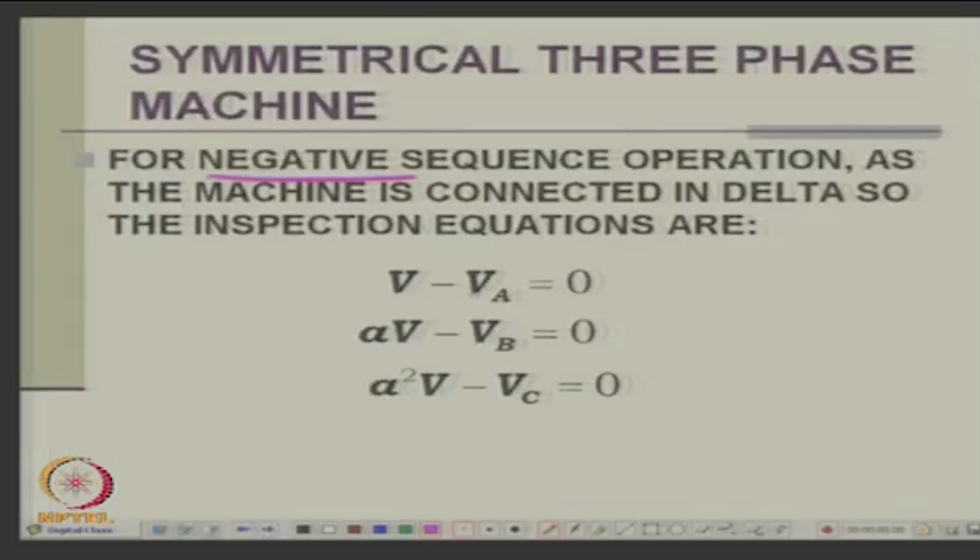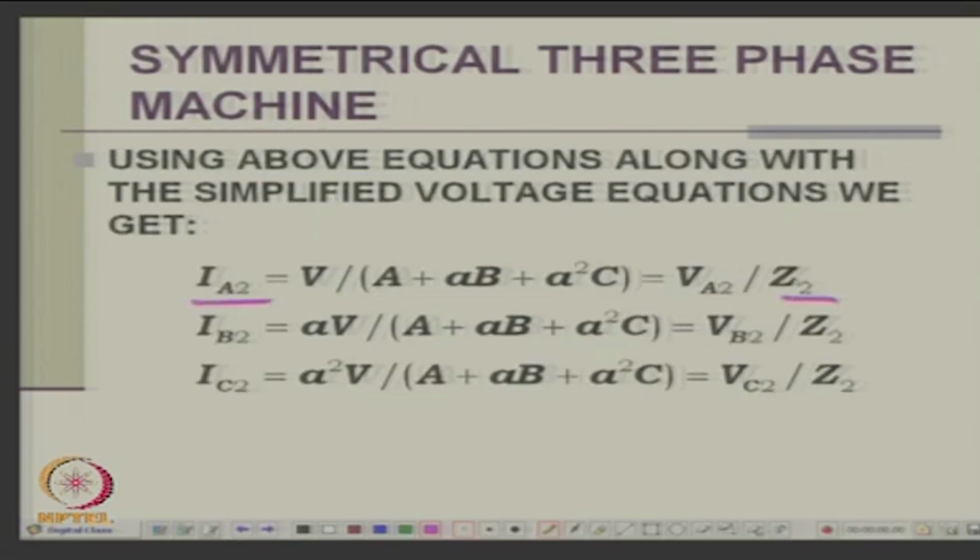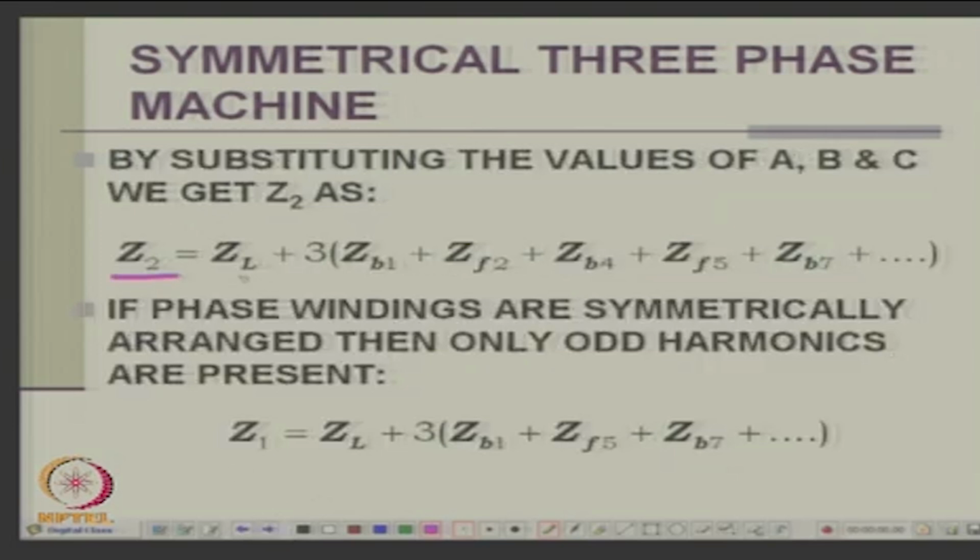Now, if you take the negative sequence, we have the 3 phase negative sequence, we did in last class that IA2, IB2, IC2 will be the 3 phase negative sequence currents, whatever is the voltage applied divided by the impedance Z2. Therefore, we only say that VA2 will be equal to Z2 into IA2. 2 is only negative sequence, right. So, what is this Z2 we proved last? Z2 will have ZL plus 3 times ZB1,